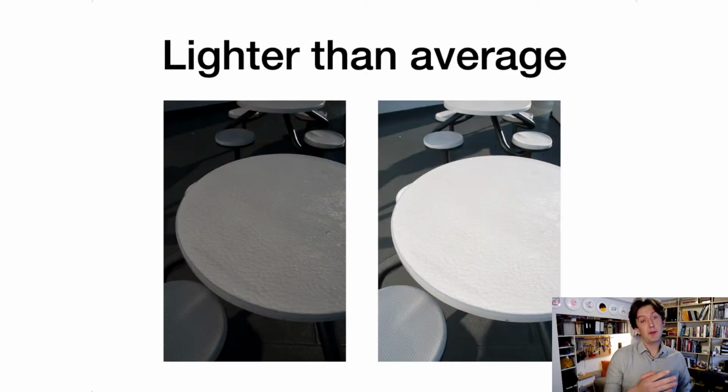So this is a good example here. Lighter than average scenes. We've got these white picnic benches by this tourist spot close to my house. And here you can see on the left, that's what the camera thought the right exposure was at 0. Because again, it's trying to make everything gray. It looked at all this and thought, oh, we need to take away light because it's too bright. We're going to make it really nice and gray. When in reality, it actually needed +2 stops of exposure added to it so that white would actually look good